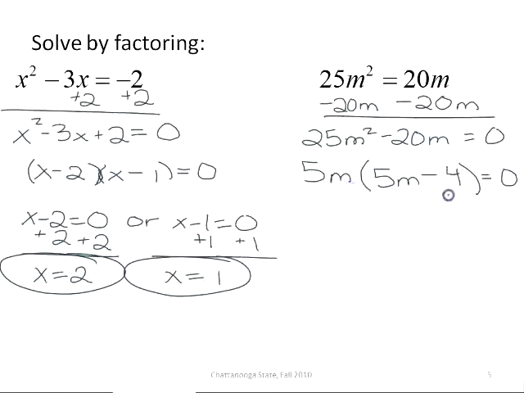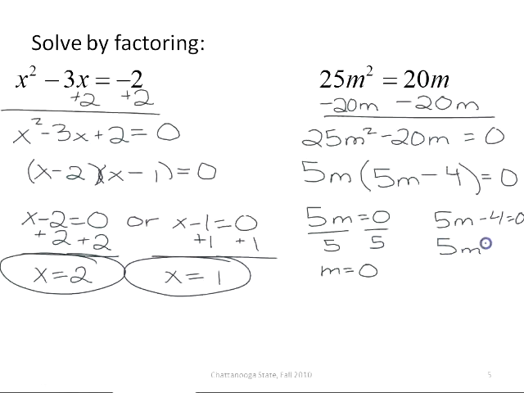I still have a product of two things equaling 0. So I set each of my factors equal to 0: 5m equals 0, and 5m minus 4 equals 0. To solve 5m equals 0, I divide by 5. To solve 5m minus 4 equals 0, I add the 4 to both sides, and then divide by 5. So I get 4/5